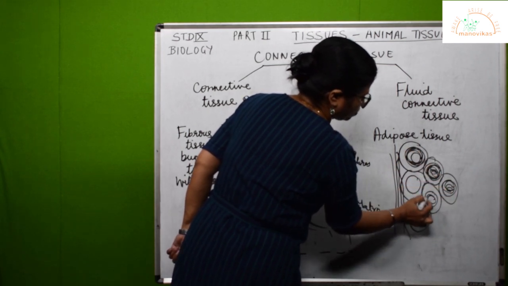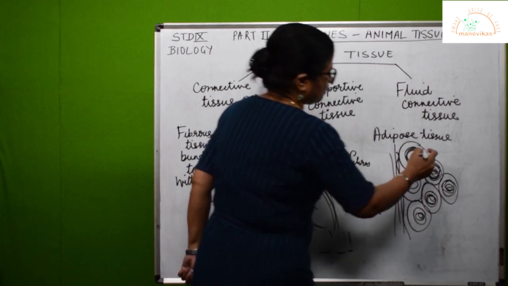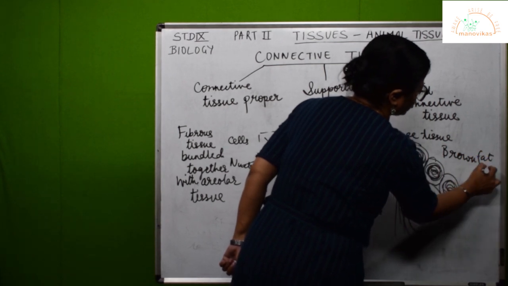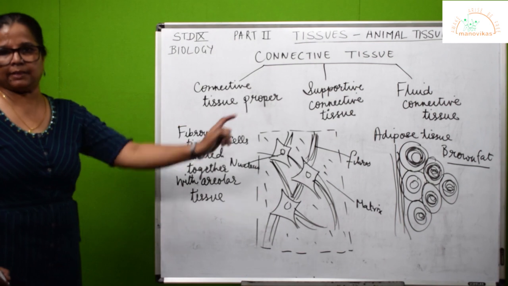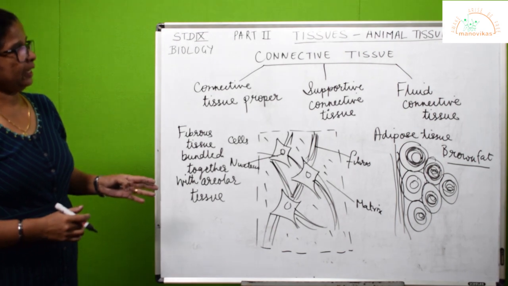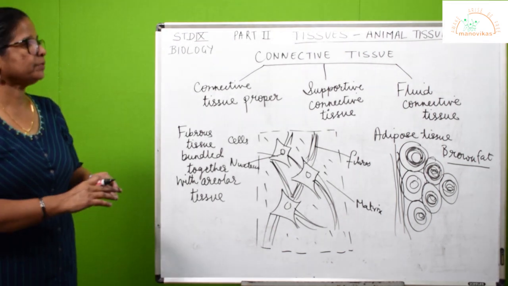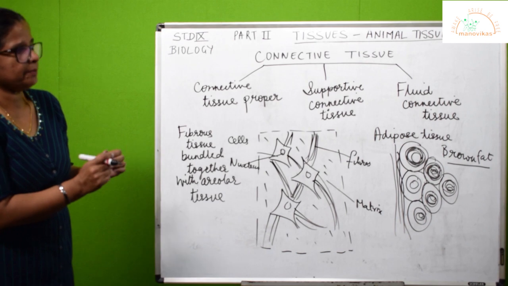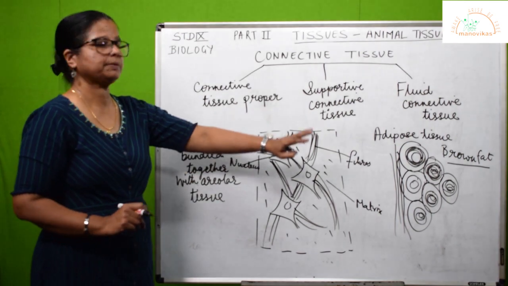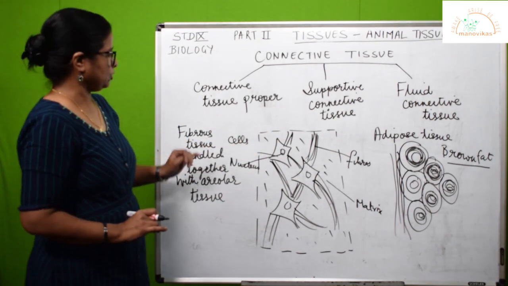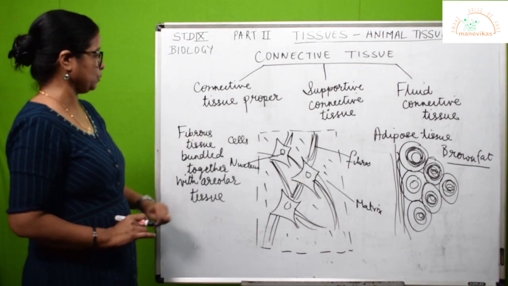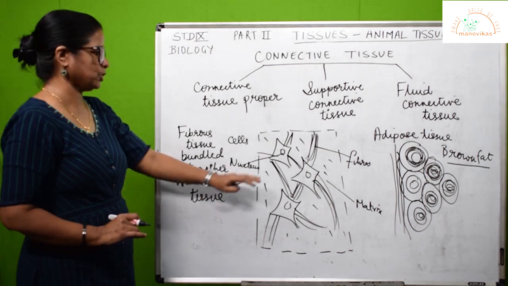Now there is one term used called brown fat. What is this brown fat? It is found in newborn mammals. Why is it found in them? So that it insulates them. As they are out of the mother's womb, they are at a low temperature. So this insulates them and keeps them from shivering. They don't feel cold, they don't shiver because of this brown fat, which helps and insulates the body of a newborn mammal. So this is the fibrous. Look at these diagrams. You can be asked to identify which is the adipose tissue, which is the fibrous tissue. So you must know the diagrams.